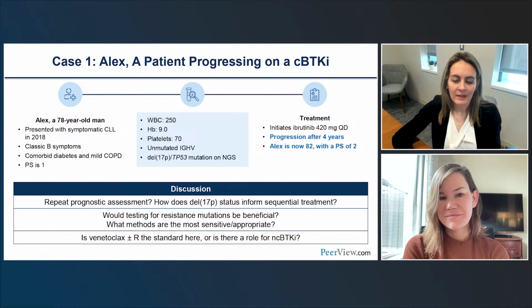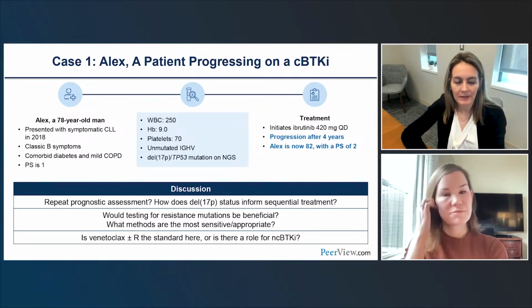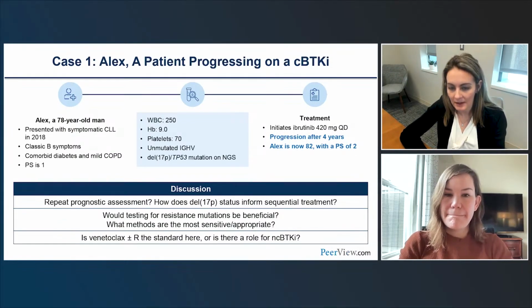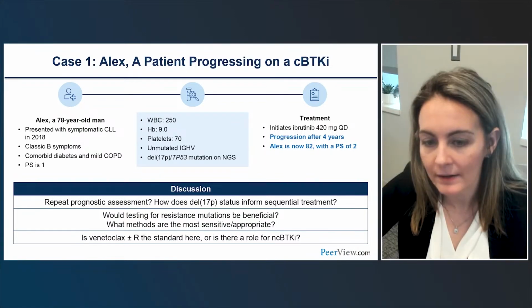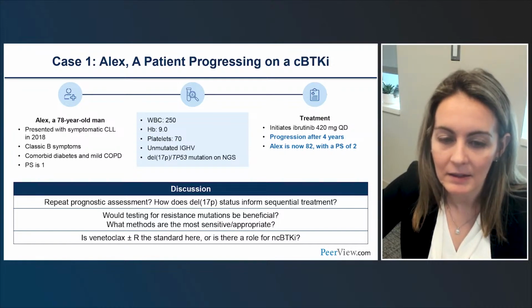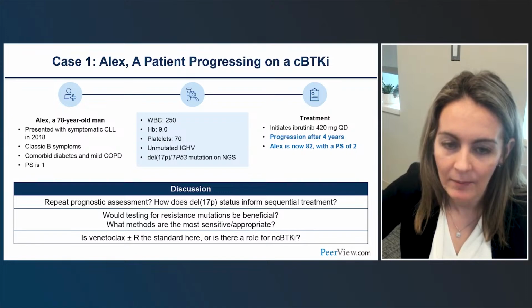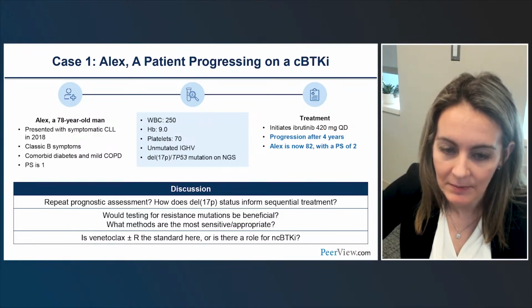Absolutely. And just to highlight a few points, I think it's important, and we've talked about this a couple times, but do we need to repeat the prognostic assessment? Yes. So you can acquire deletion 17p or p53 mutation as well as other cytogenetic abnormalities. I think that he had these at the time of initial treatment. And it's common that they would persist, but I would repeat that testing, FISH as well as next generation sequencing,